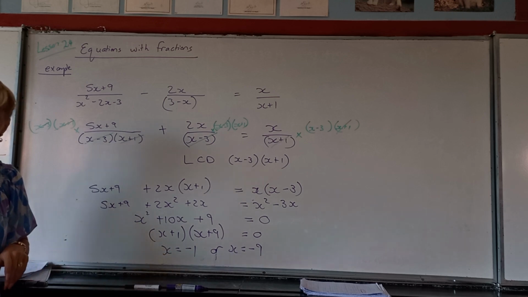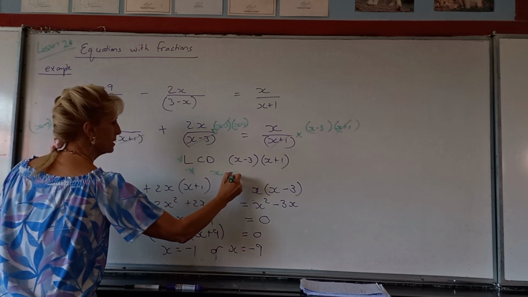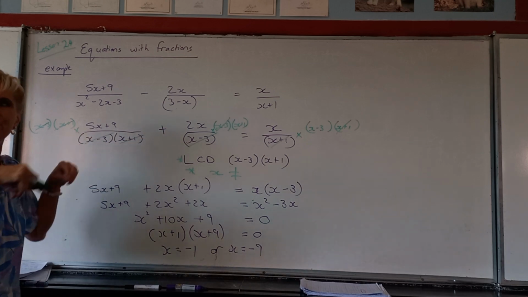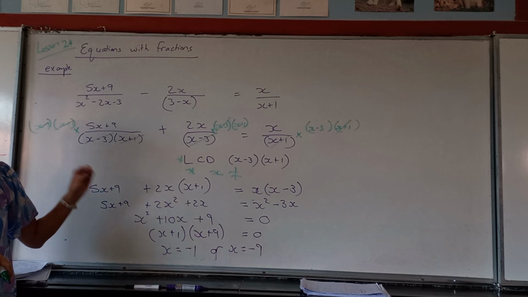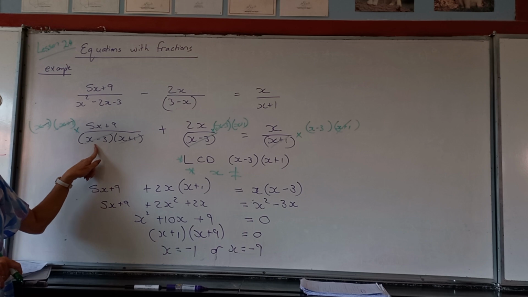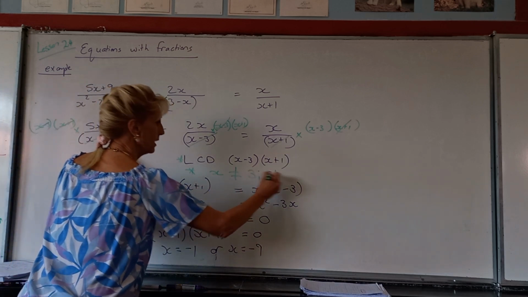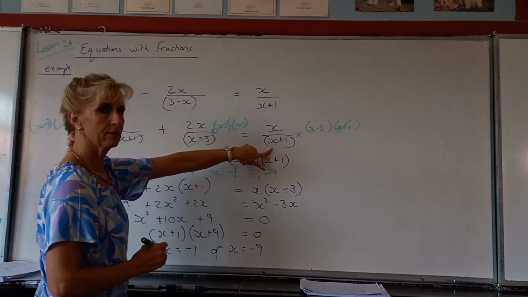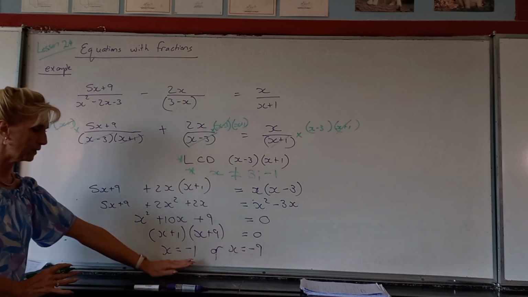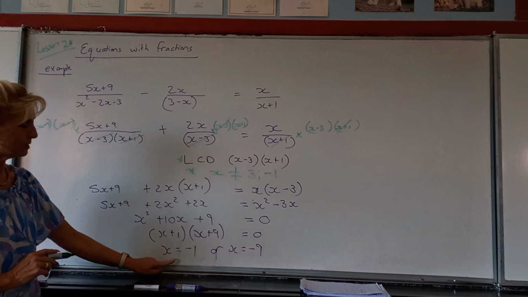That's why in these sums I want to teach you, together with the LCD, always write your exclusions. The moment that you've got fractions, but not just fractions, fractions with variables in the denominator, the possibility is there of having a 0 at the denominator at the bottom. When will this be 0? If x is 3 or x is negative 1. So 3 it can't be, and negative 1 it can't be. It's only those two. Then you go on with your merry sum, and at the end when you finish, you must know, no, that's not applicable